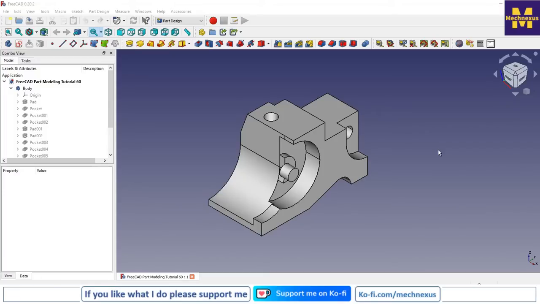Hello friends, welcome to FreeCAD tutorial, and in this tutorial we will learn how we can render our part in a 3D viewer and how we can get a realistic image of our part and how we can export that image into the JPG form or PNG form